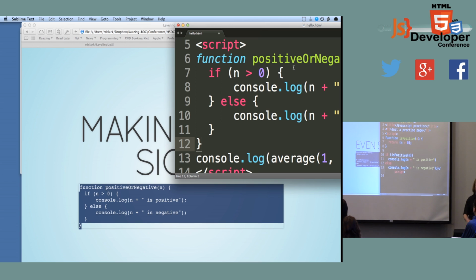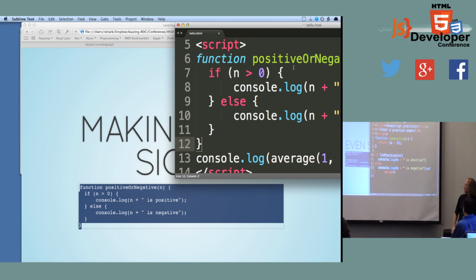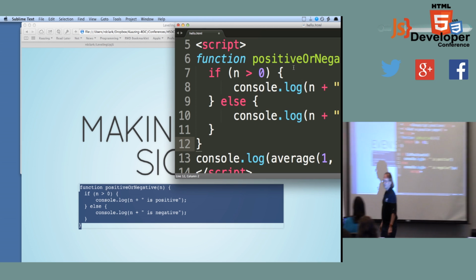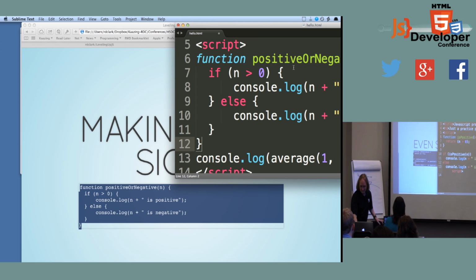So let's say I need to decide if a number is positive or negative. I create a function called positiveOrNegative, and I say if n is greater than 0, then, in this case, console.log n is positive. Otherwise, console.log n is negative. Now notice those funny curly brackets around the outside. This is called a code block. Every function has a set of brackets around the outside, so it has a code block on the outside. But what I'm saying here is if n is larger than 0, I set up another code block that says just do the things in this block, because I might want to do more than one thing inside that.